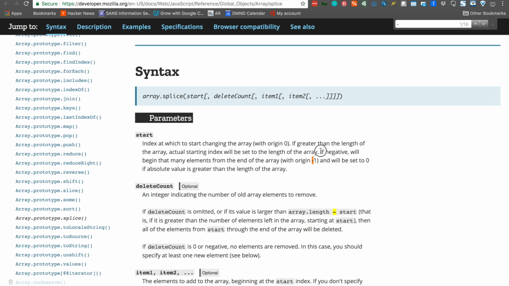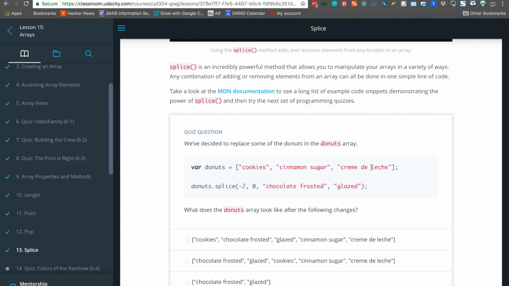If negative, we'll begin with that many elements from the end of the array. With origin -1, it will be set to 0 if absolute is greater than the length of the array. If negative, we'll begin that many elements from the end. Okay, so -2. So 1, 2. So it's going to splice it right here. Okay, it's going to take out 0. So it's just going to insert chocolate frosted